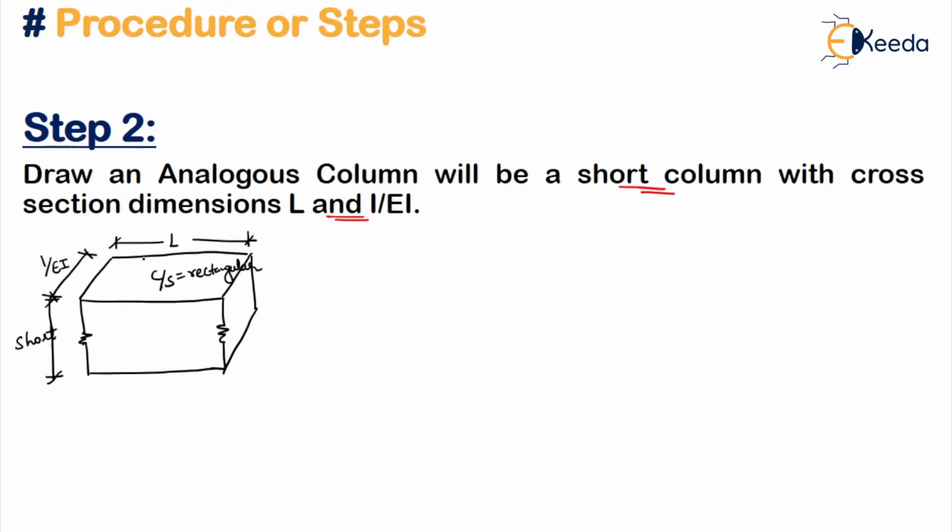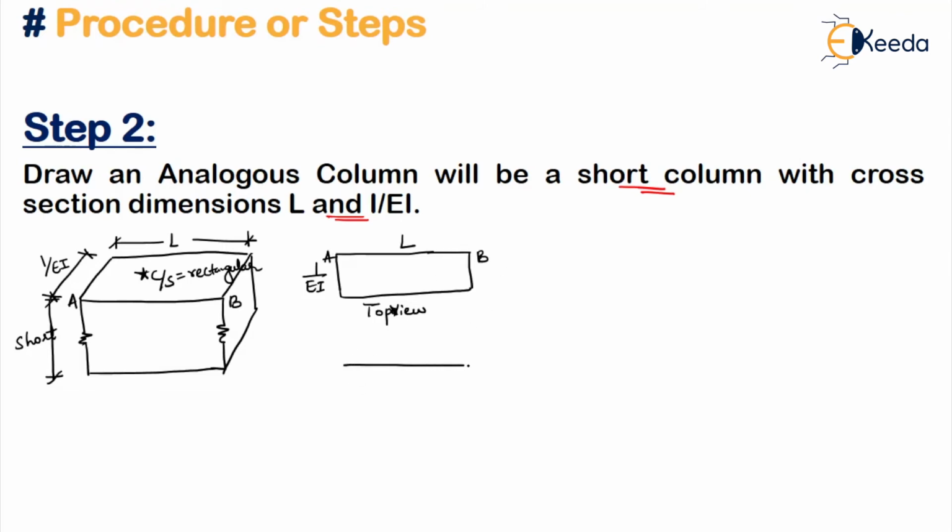So this cross section will be rectangular. Understood? So if now you want to see the top view and side view, every time these diagrams will be important when you're doing your problem. Okay, so this is your, say, top view. So when you see from top, you will see the length L and you will see the width EI, right? So I'll call this point as A and this point as B. So here also this will be A and this will be B. This side will be A, this side will be B. So this is your top view.